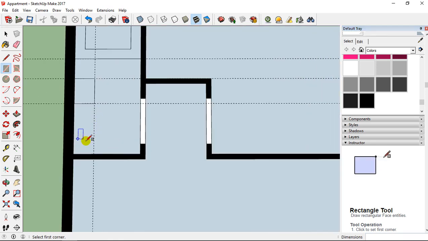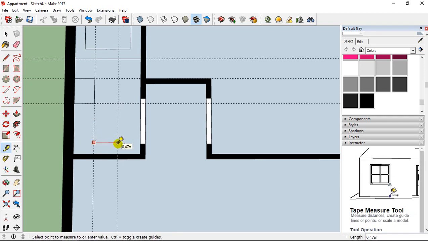Then I'm going to add the toilet here. So I take, for example, from this guide, and I can pull and place, for example, 40 centimeters also. Or maybe I'm going to add 50 centimeters like this.